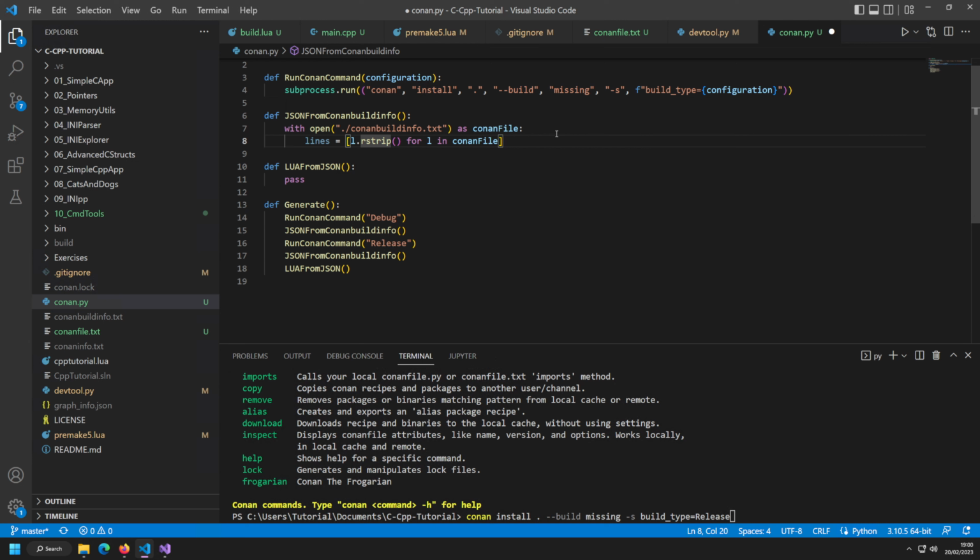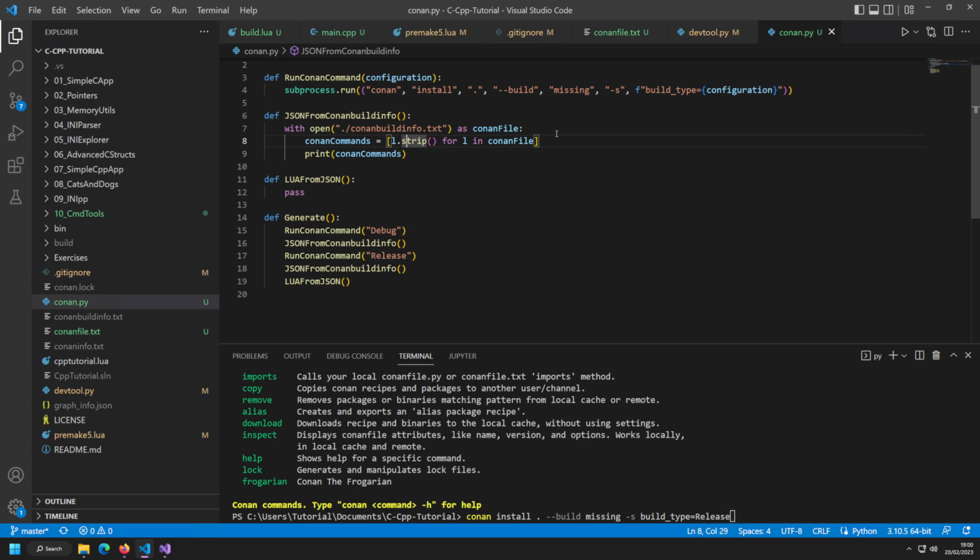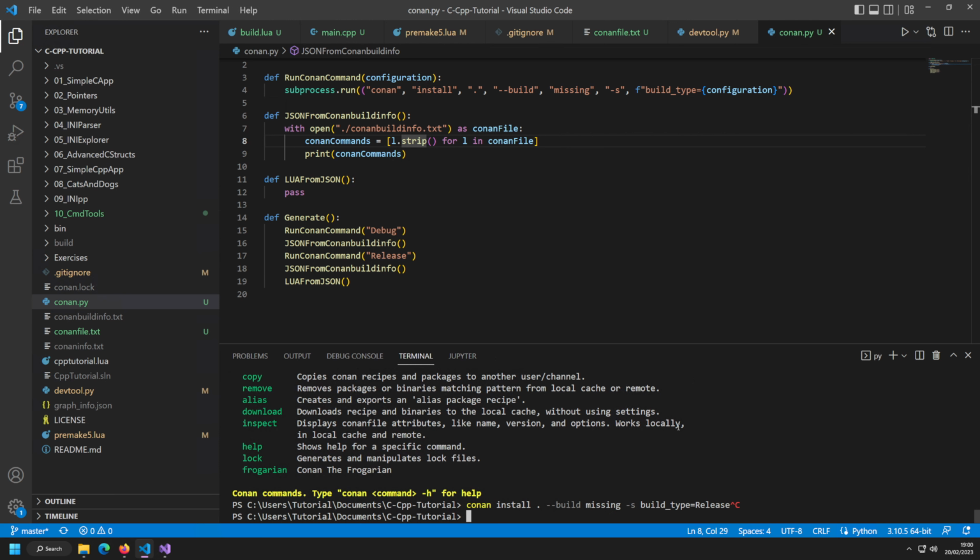Yeah, that's the wrong one. Yeah, we want to do the normal strip, and I do not want to call this one lines. I want to call this one Conan commands, because these are actually going to be commands for Conan. And what I want to do quickly is print my Conan commands so that we can see what's going on. Right, let's press Ctrl C here to get a new line, and then let's quickly run